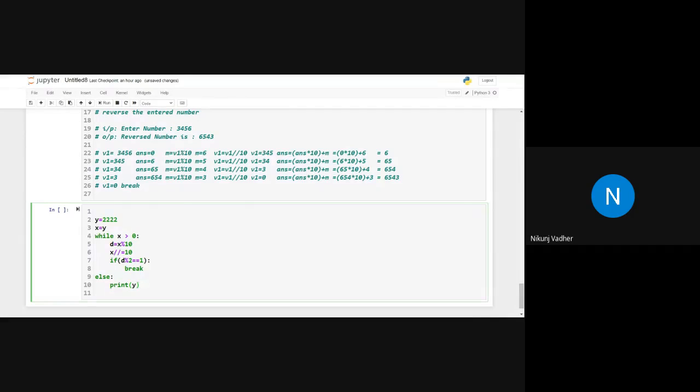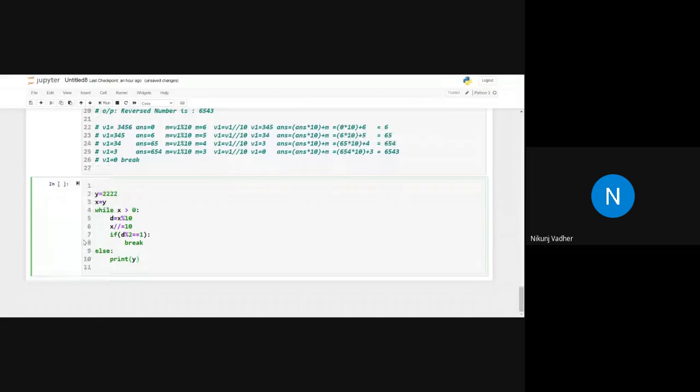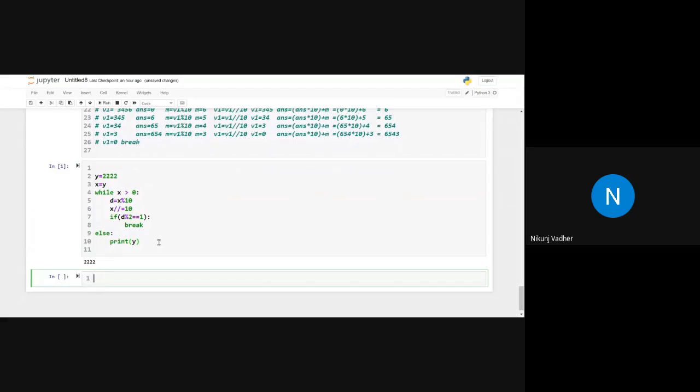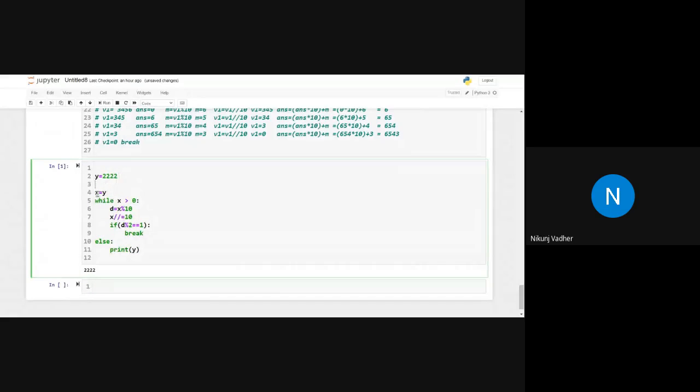Okay, so what will be in the output if we try to execute this one? 222. First of all, are you clear with this logic, what I have done? Yes, sir.